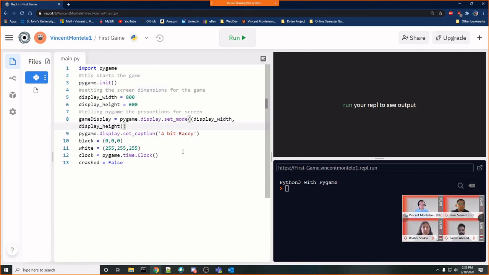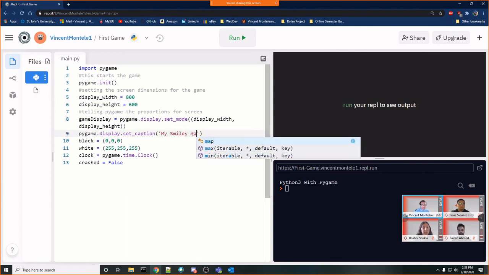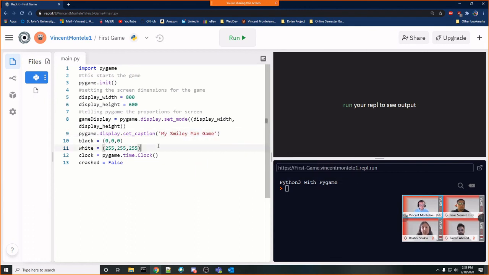And then we just have a couple other options right here, right? So we're actually setting the mode of the display. So we're telling PyGame how to actually load up this display. We could set a caption for this. So I'll write a caption of my smiley man game or anything that you'd like. And then the rest are variables that we're going to be working with. So just bear with me if it's a bit confusing. This is just easier to just share with you guys, and then we will actually get into the coding part. These are just some variables that we have to set up.